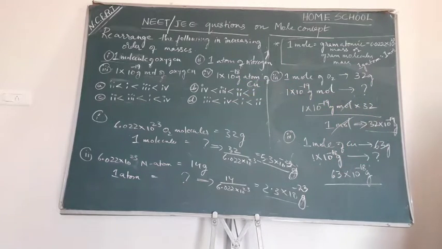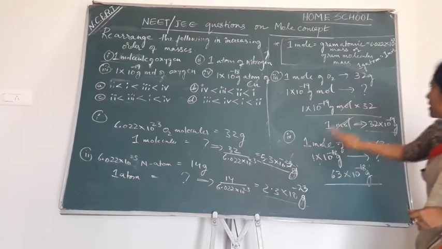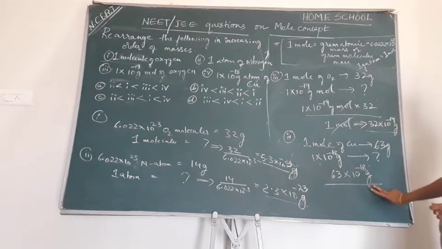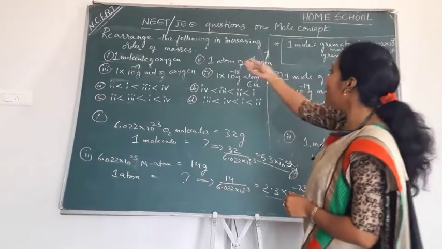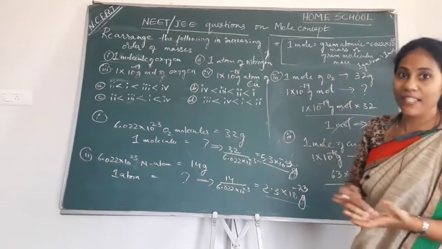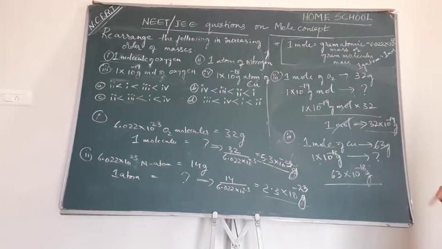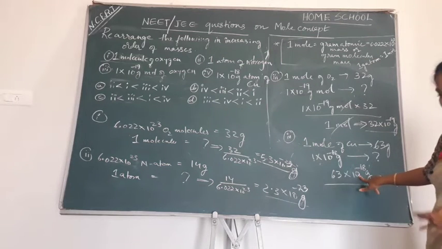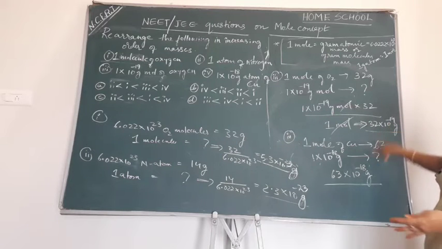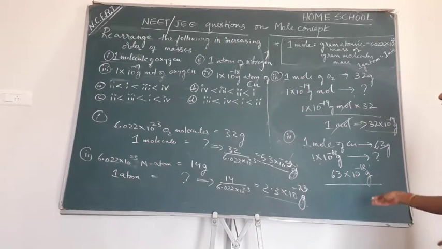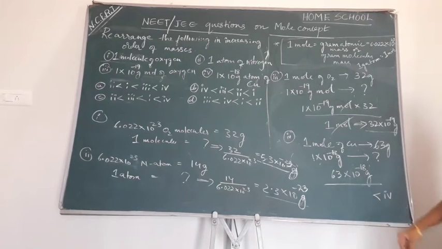Okay. So now you have got the masses: first one's mass, second one's mass, third one's mass and fourth one's mass. Arrange them in increasing order. Increasing order of masses, that is what you have to show. Here, which is the highest number, guys? Definitely this, it's 10 to the power of minus 18. Here it is 10 to the power of minus 19. So the highest number will be this only, right? So the fourth one is highest.